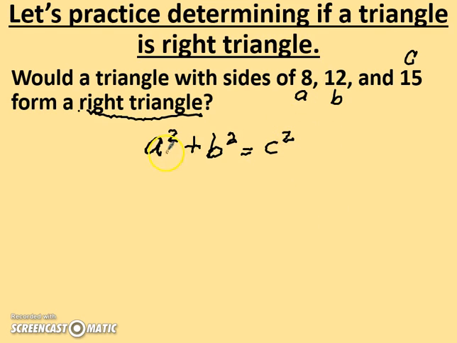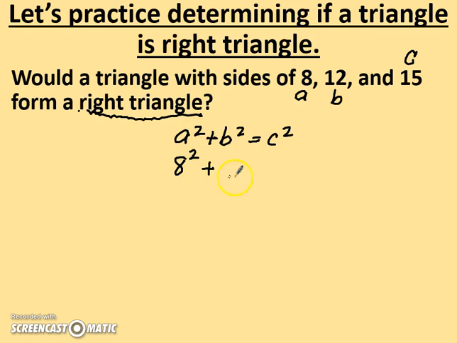So when we substitute into our equation, which is a squared plus b squared is c squared, instead of writing A, B, and C, we are going to use the numbers that we just labeled. So A, which is the short side, is 8 squared. B, which is the medium side, 12 squared, is equal to the longest side called the hypotenuse, which is 15 squared. 8 times 8 is 64. 12 times 12 is 144, and we want to know, does that equal, we're asking ourselves that question, does that equal 15 times 15, which is